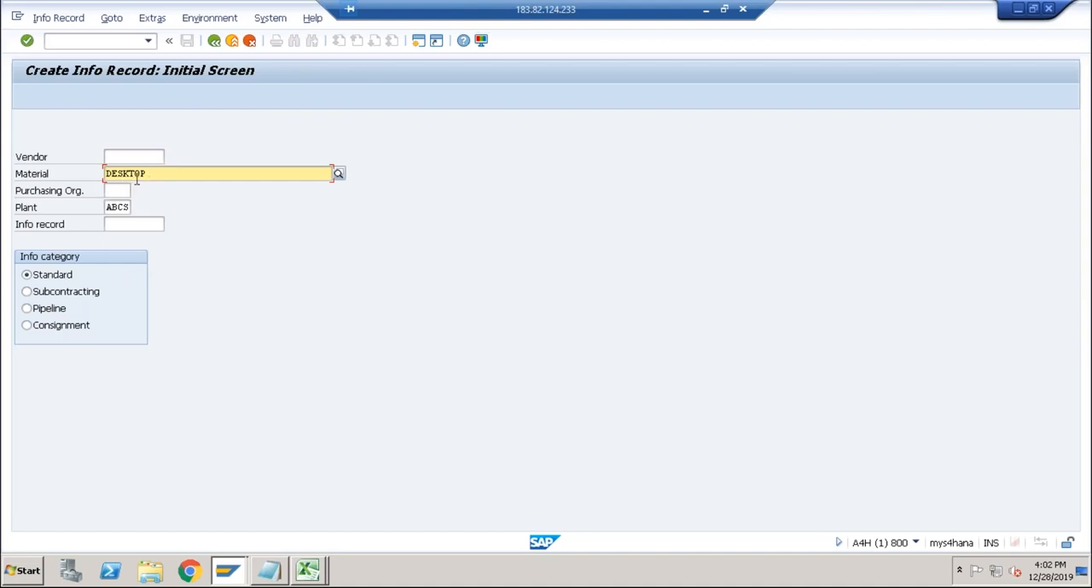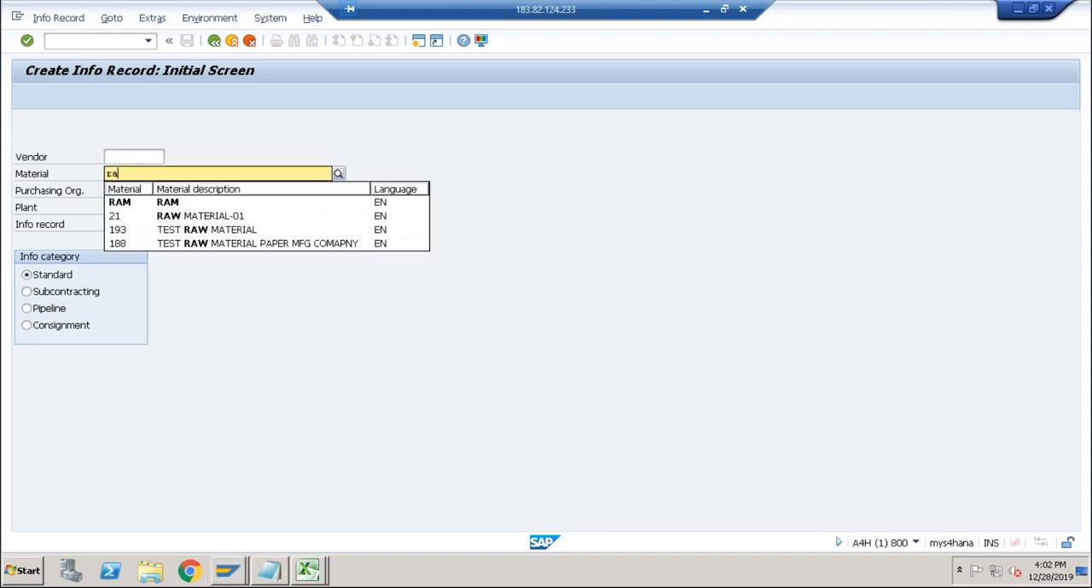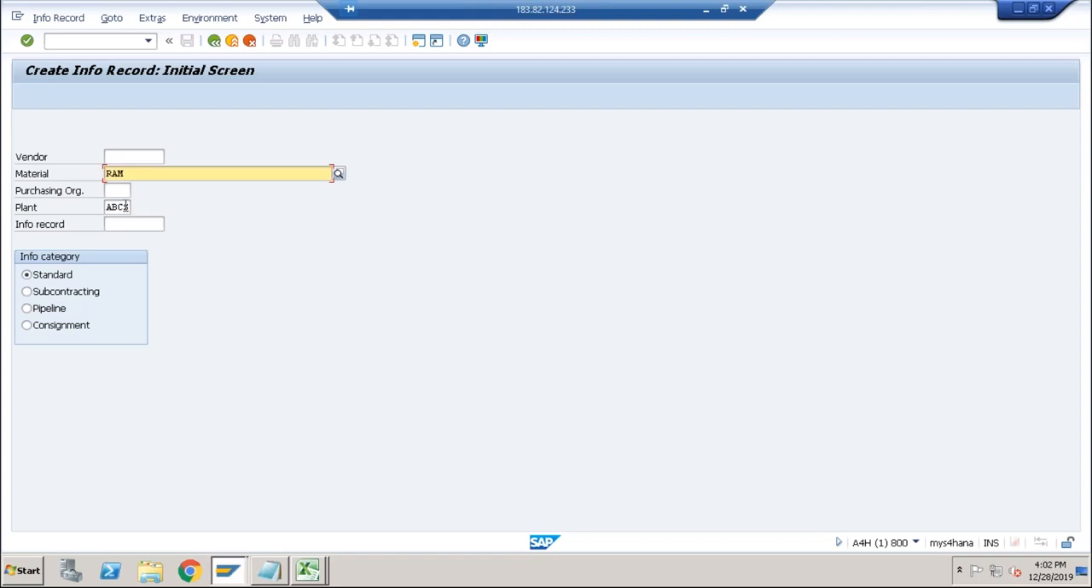Now, what is purchase info record? See, this material is completely new. Let's talk about RAM, the raw materials. So this material is completely new, which we have not purchased earlier. If I want to tell the system from where I can buy this material at what price, that information I need to enter in the info record. So let's say I'm telling the system that in order to buy this material for this plant from this vendor, purchase info record is always a combination of